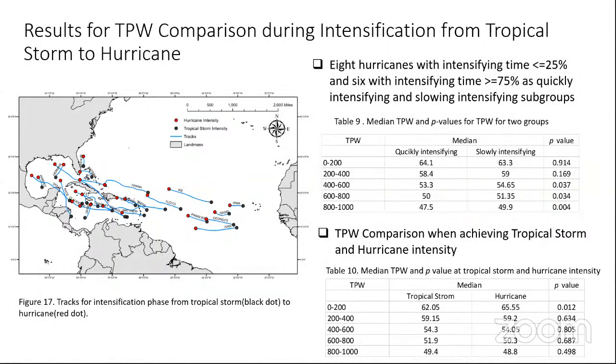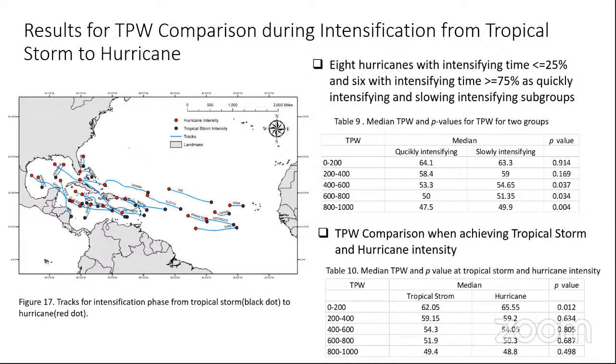So I just used the less than 25% time as the quickly intensifying cases, and more than 75% time as the slowly intensifying cases, and used the Mann-Whitney test to analyze the moisture. From Table 9, we can see that for the annulus region 0 to 200 kilometers and annulus region 200 to 400 kilometers,